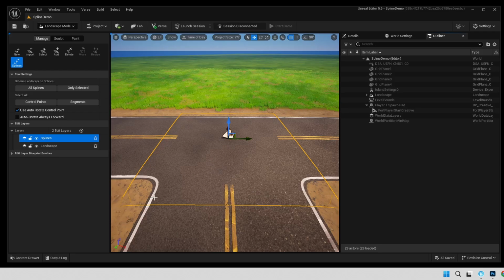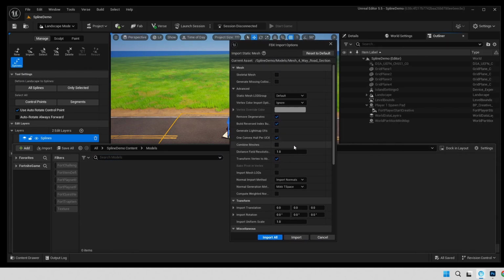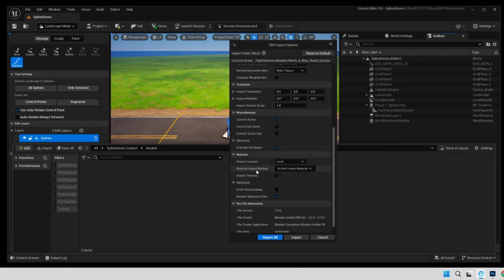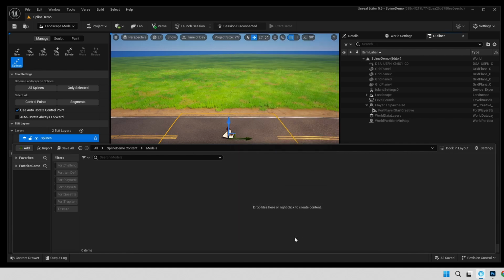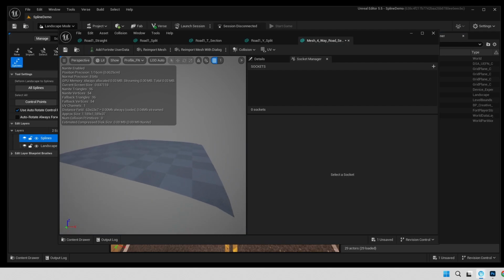Okay, back in Unreal, we're going to open the content drawer. I'm going to drag in my exported FBX model, and I'll have it in this models folder. So I'm just going to drag it. An FBX options panel shows up. Here we're going to not create the material and not import any textures. We're just going to strictly import the mesh. We will be using the Fortnite road material on it. So let's just import that. All right, and then double click so we can see it. Here she is